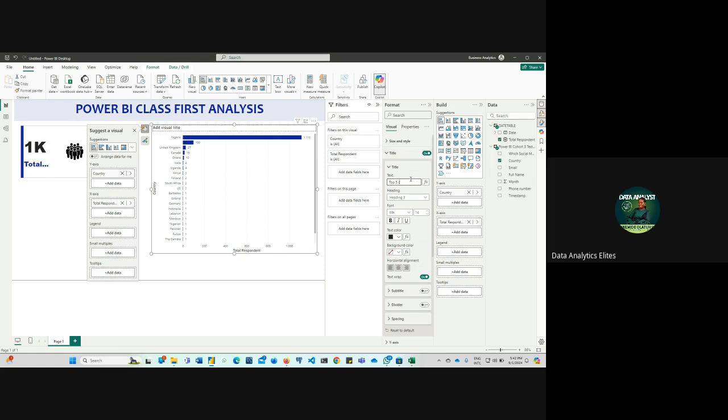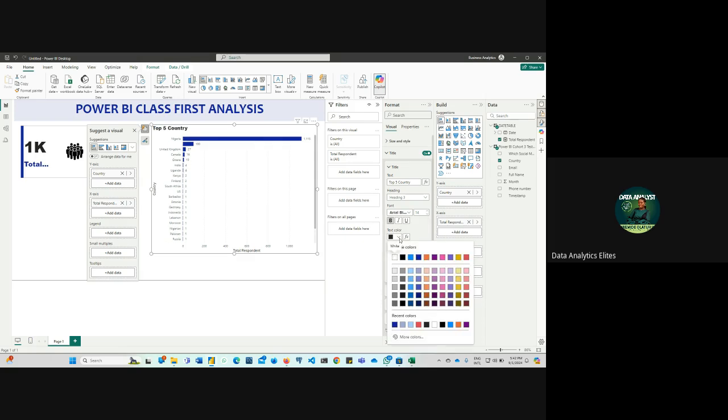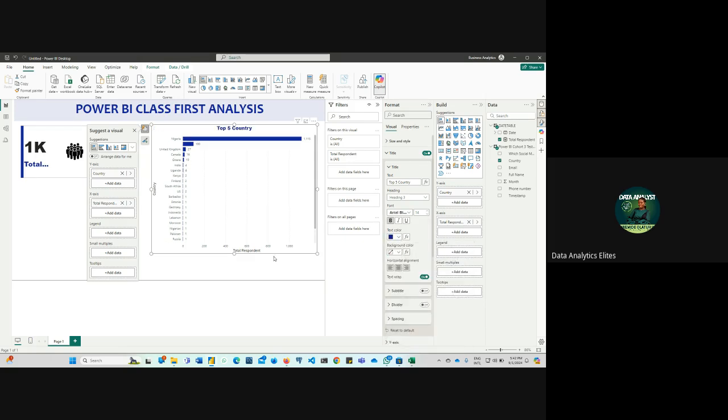Top 5 country. When we have, I can bolden it, put it as area black, change the font to blue, right? You learn how to do all of these things with time. And then that's that for my type 2. I can come to my